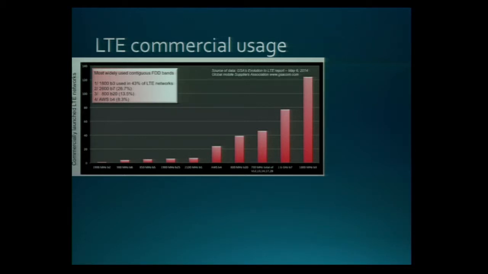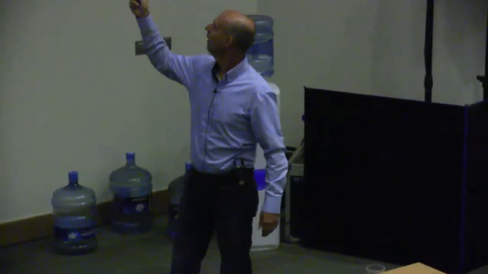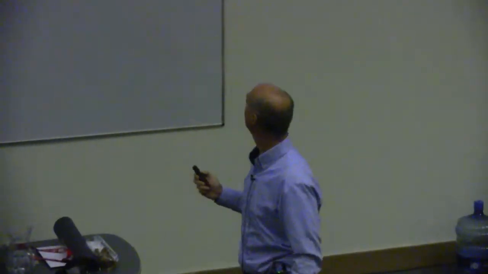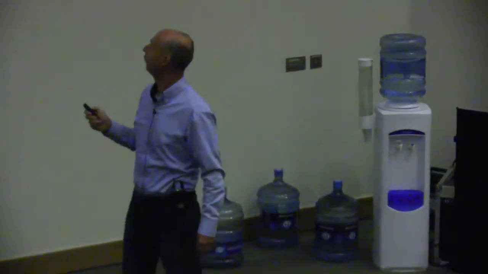Well, guess what? LTE doesn't only have tri-bands, it has 25 different frequency bands that can be used for data communication. And the most popular is the 1800 band, and next to the most popular is the 2.6, and that is basically because of bad statistics, because everybody has supported it but nobody uses it. And then we have the bands used in the US and in Europe, the 700 and the 800 bands.